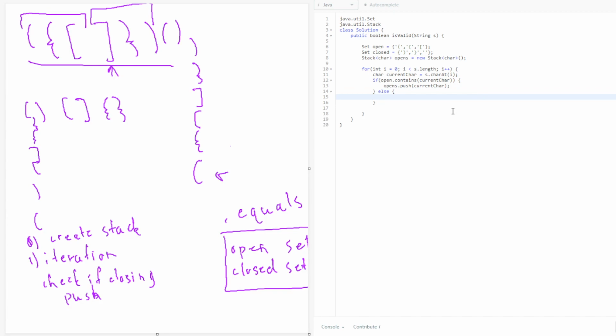We can say, so then that means first we should check if the stack is null, because if that's null, then we can return false. So if opens equals null, then we're going to return false. And we're going to have to check